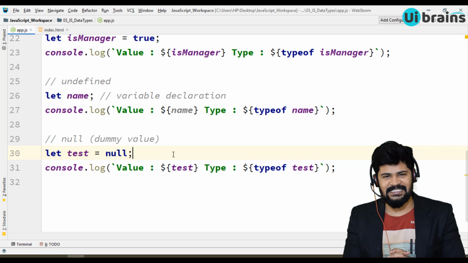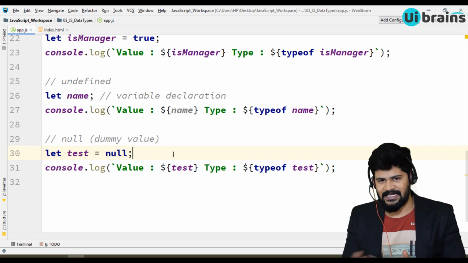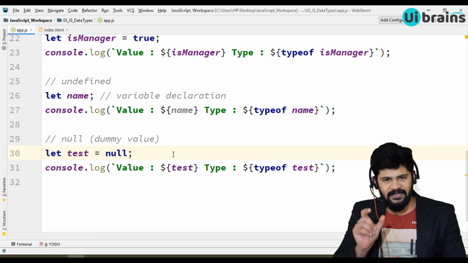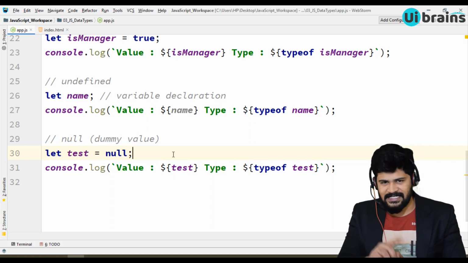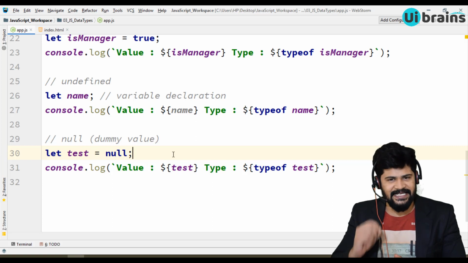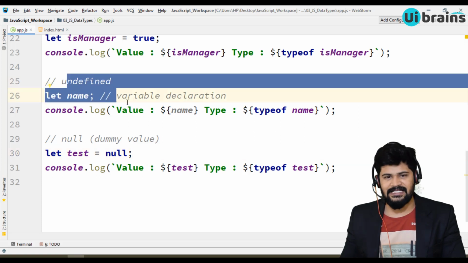If you want to understand, let's take an online application form, or any application form you have. In the application form, I have three fields: first name, middle name, and last name. I have a first name and I have a last name, but I don't have a middle name. So for middle name, I have two choices. I may leave that middle name field empty. I can fill the first name and last name, but leave the middle name field empty. If you leave it empty, it means you have not assigned any value to the middle name, so the middle name value will be undefined.